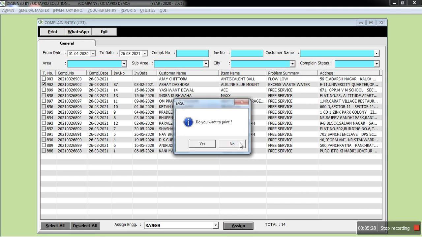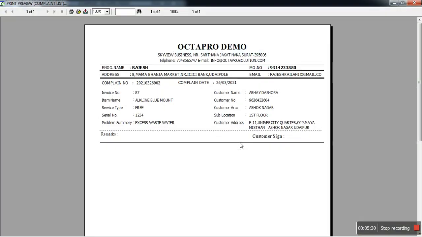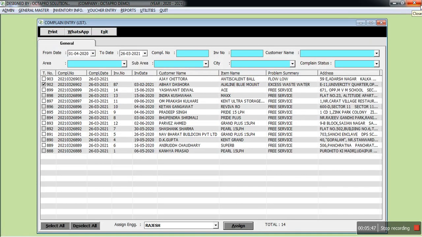We are getting a successful message and we'll get a complete job sheet. If there are multiple complaints, then we will get them one by one. We can print and give this job sheet to a technician. The technician can get the customer's signature here and can write a remark about what he has done. So what we have done now is assign a complaint to a technician. Now the technician will go to resolve the complaint. So all the complaints which have been assigned are now in a processing stage.